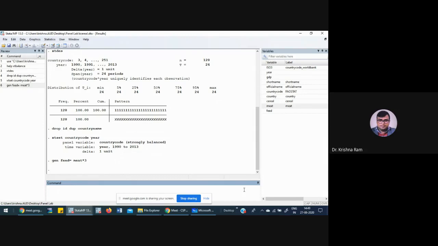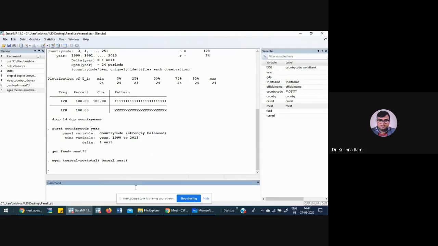So feed becomes an indirect cereal consumption, and now I'm going to generate total cereal consumption, which is our dependent variable. For this, I'm using the egen command, egen total cereal, so row total, and I'm adding cereal and meat. So now I have total cereal consumption,